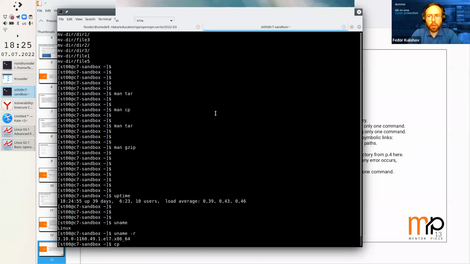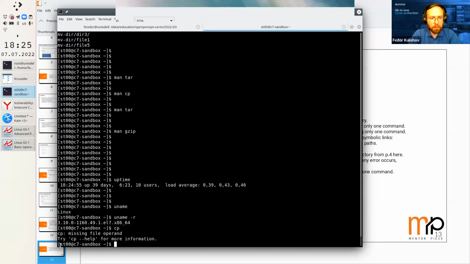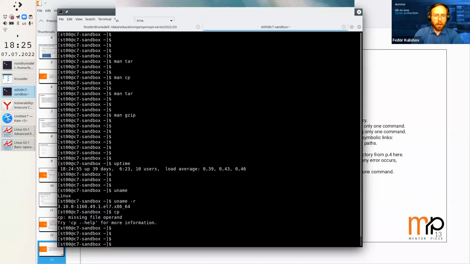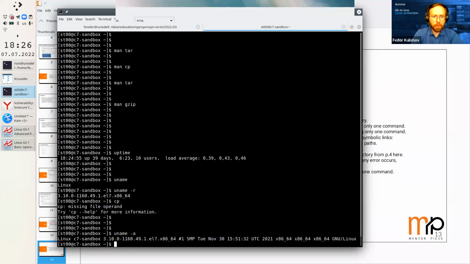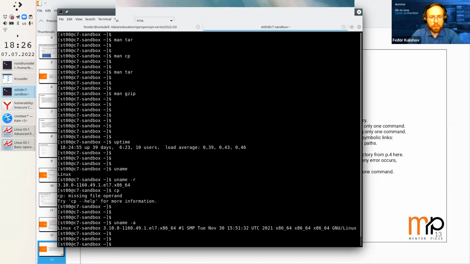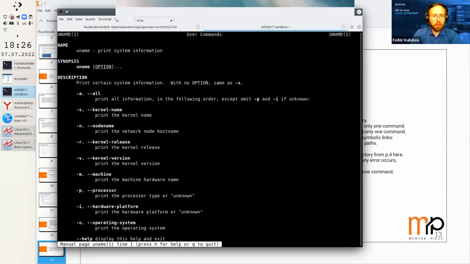For example, you cannot run cp without any argument, because you will see an error message, and it means that such a tool really requires some additional information about what can be done. And other tools may be used even without arguments or with some arguments. And every such item is really described in the corresponding man page. So when we open the man page for the uname command, we may see that such a tool may be used with some options,